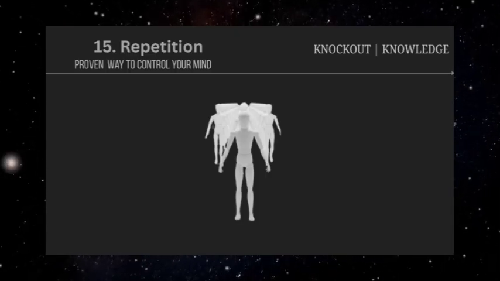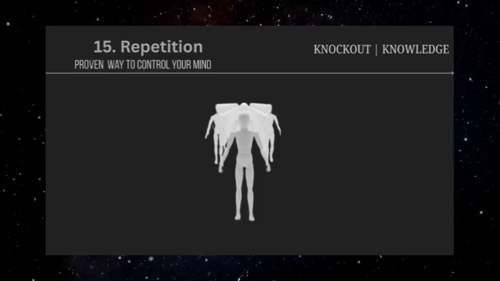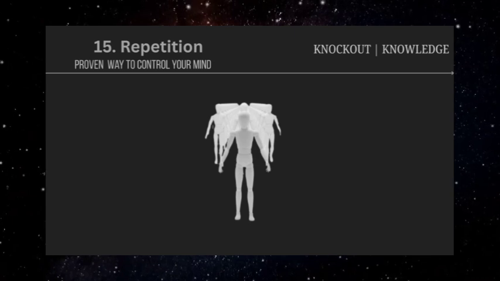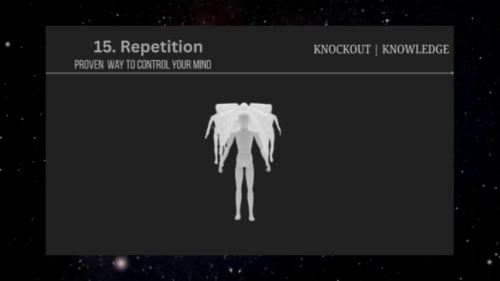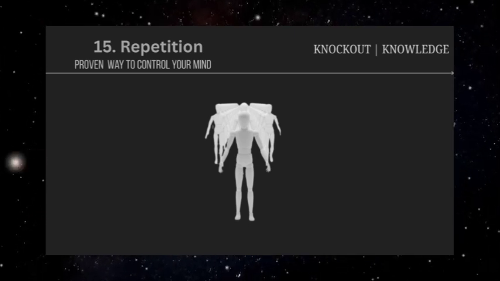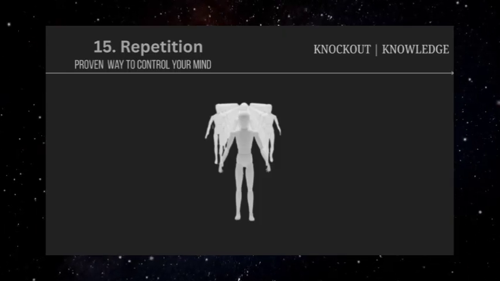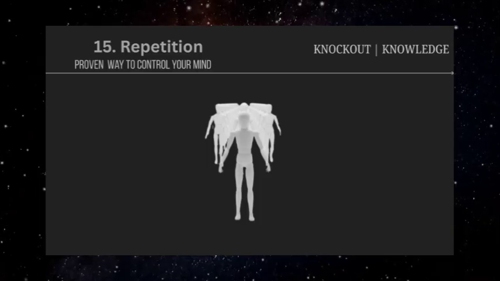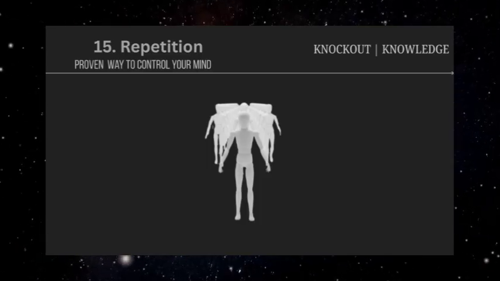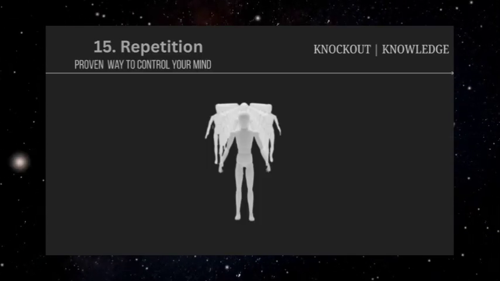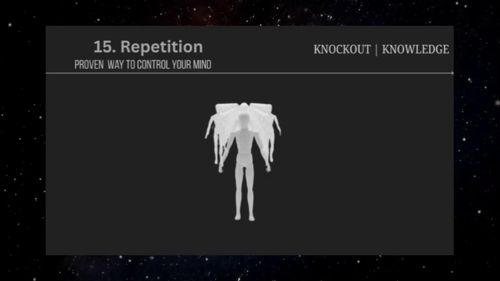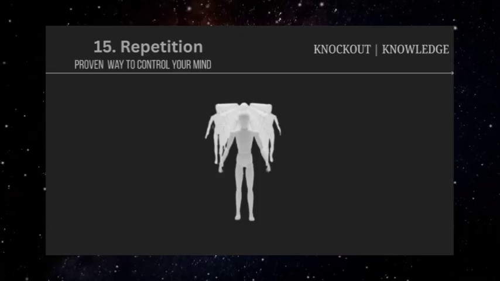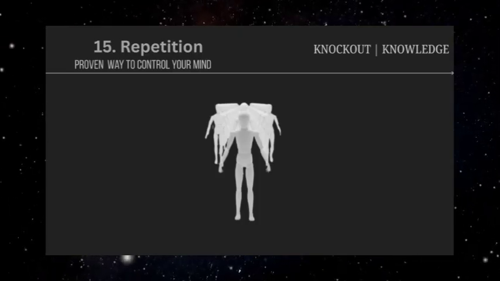When we hear something repeatedly, it begins to feel familiar, and familiarity often translates into credibility, regardless of the actual validity of the information. The effectiveness of repetition operates below conscious awareness. We might consciously notice that someone is repeating certain phrases or concepts, but the psychological impact occurs at a subconscious level where our brain is constantly processing and categorizing information. Each repetition strengthens neural pathways associated with the repeated idea, making it feel more natural, true, and acceptable over time.